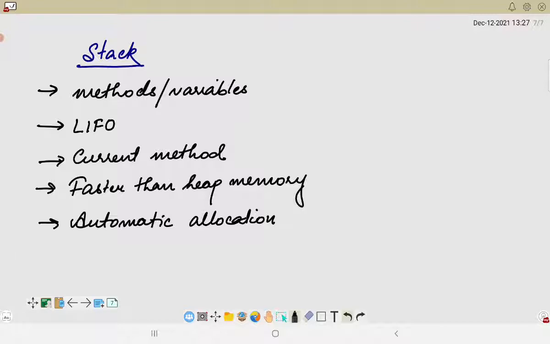Okay, now if I'm considering the heap memory, then newly created objects would be there inside the heap memory. Then what is the order in which the variables or the members are accessed?